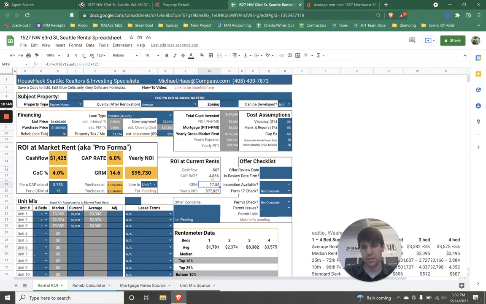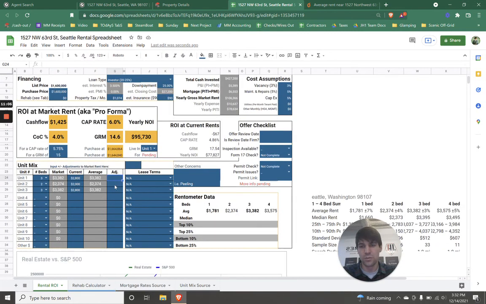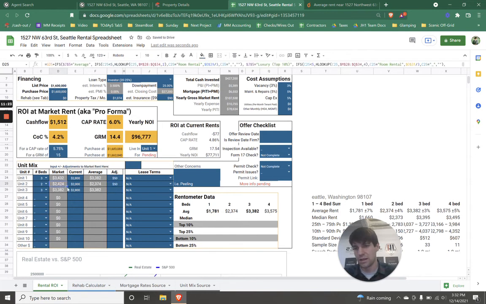GRM is a little closer to average, cap rate is a little closer to average, right? So this allows us to look at, for turnaround properties that are rented below market rate, what the current ROI is, and then also what the ROI is for the market rents. Let's say that this property had certain units with decks, and in fact it does have units with garages. If we wanted to add a little bit of a bonus there for garage rent or something else, we could add, say, $50 for garage rent to this adjustment column, and that will, as you can see, automatically update the